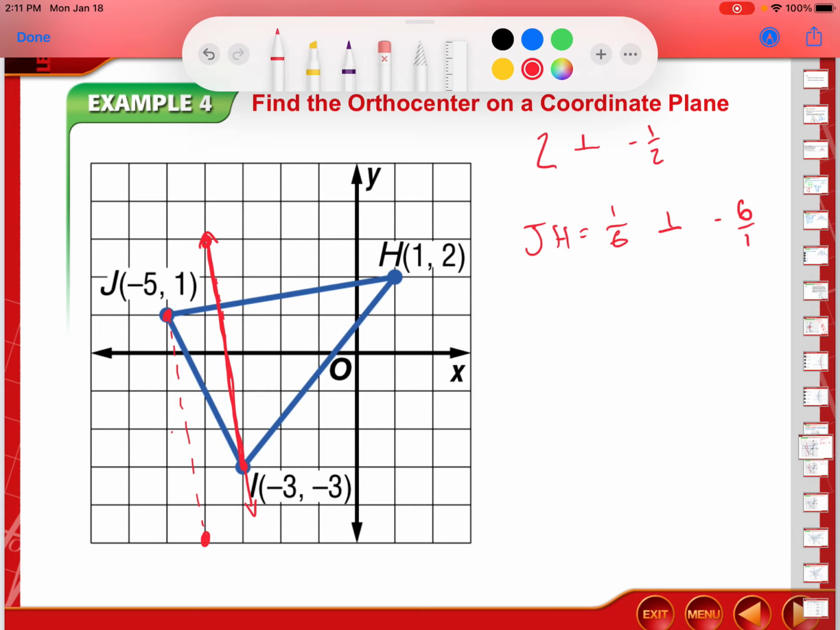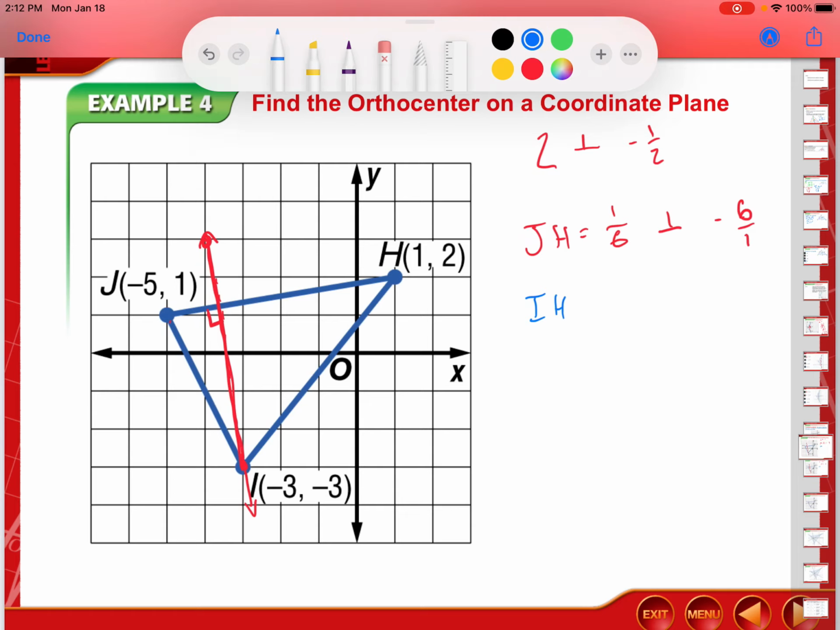So that's one of my heights. Because it's perpendicular to this line, to JH, which means if it's perpendicular to JH, it's going to intersect at point I, which I didn't want to erase. So that's going to be our 90-degree angle there. Now our next one is IH, and our slope of IH is going to be